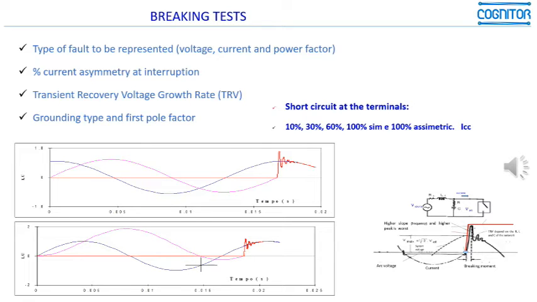We simulate for each different condition the transient recovery voltage growth rate and the complete shape of the voltage that would appear in the circuit. That is, the transient recovery voltage waves that are described in detail in the standard; their object is to represent the several different types of transient recovery during the breaking operation when the current passes through zero and is interrupted.